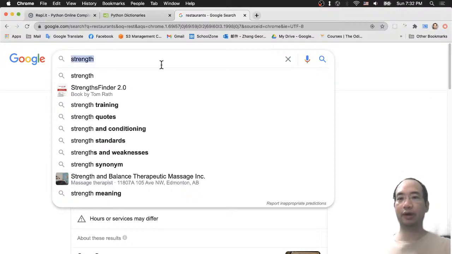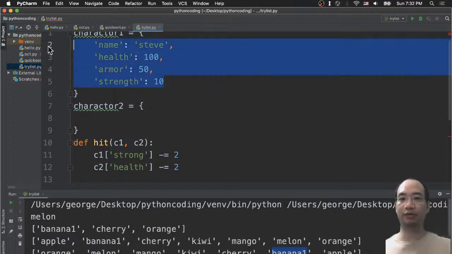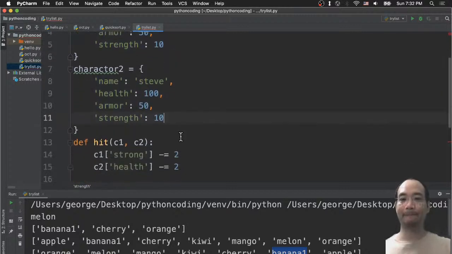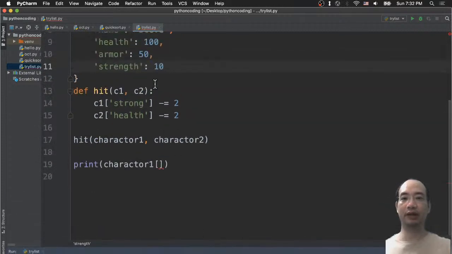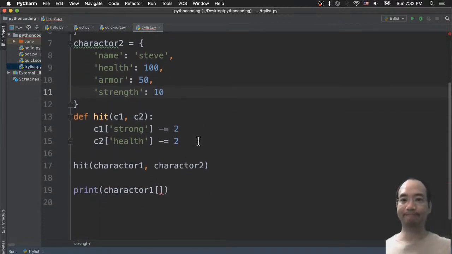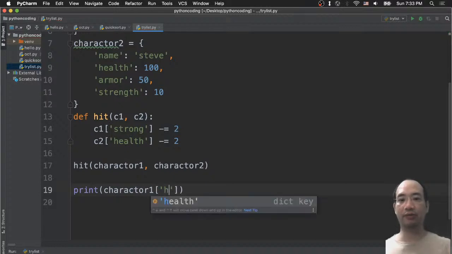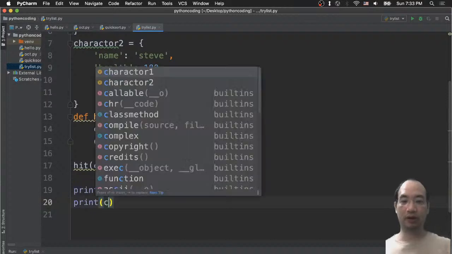Okay, let's have a string. Of course, you should have the different character array. So you would call the hit function, you hit each other, and now you will get different health. You try to hit character 1, hit character 2, or character 2 hit character 1 multiple times, but they hit each other. And now you can print the character 1's health and see what happened for character 1. And also you can see what happened to character 2,